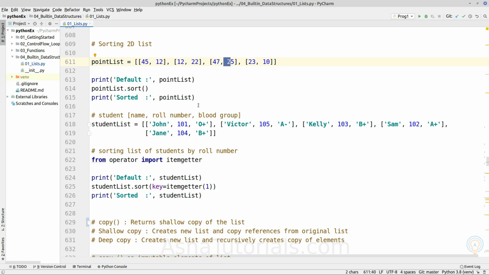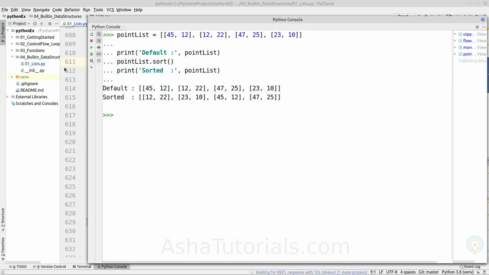So let's sort it and see the output. As you can see here, it performs sorting based on the first element first, and if they are similar, then it goes for the second element, and so on.